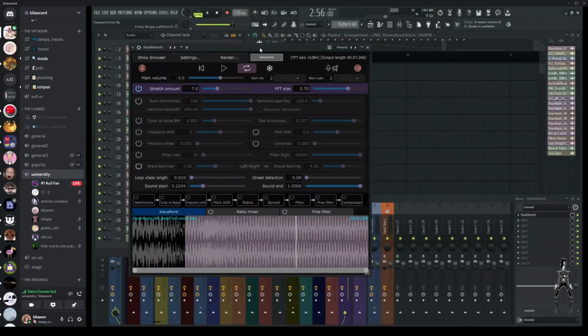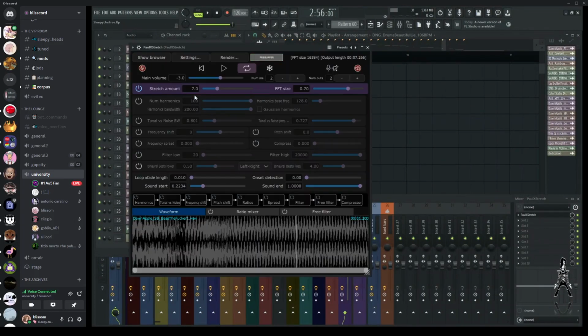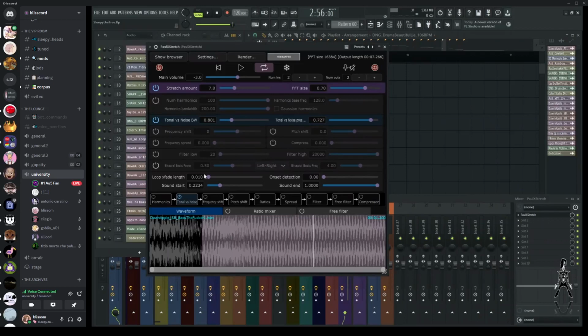And you can do this with literally anything. I like to play with the tonal versus noise bandwidth. Oops, wrong one. You can get cool bell sounds if you turn this down. I think it lowers the amount of harmonics that actually go through to just the ones that are on notes. So you can get really cool bell noises with it. This sounds a little harder because it's so noisy, but